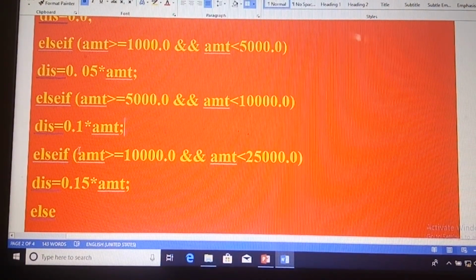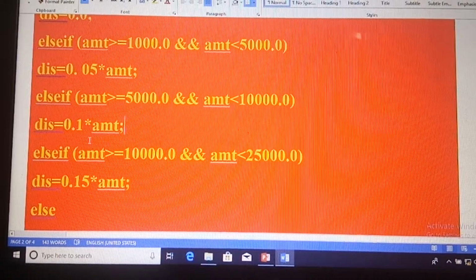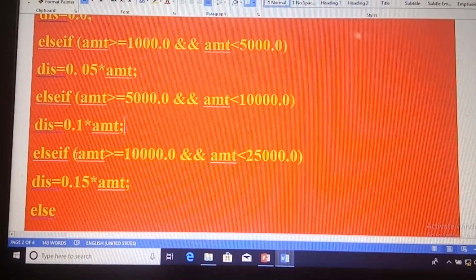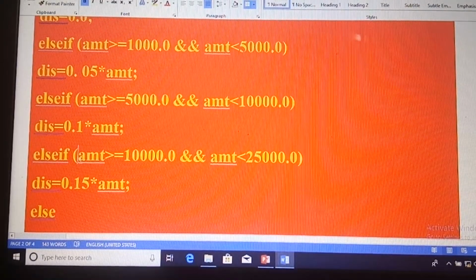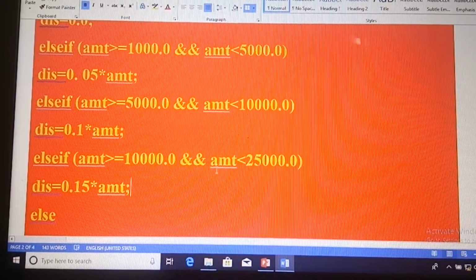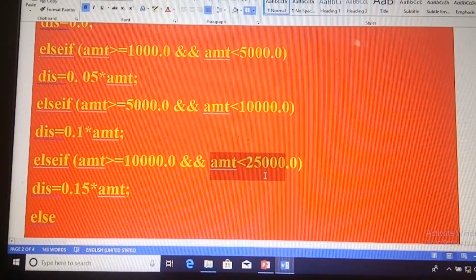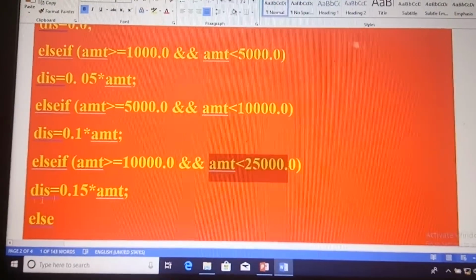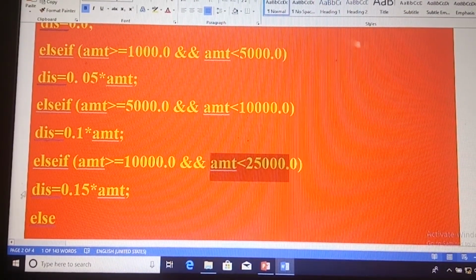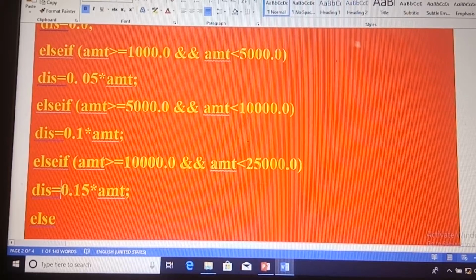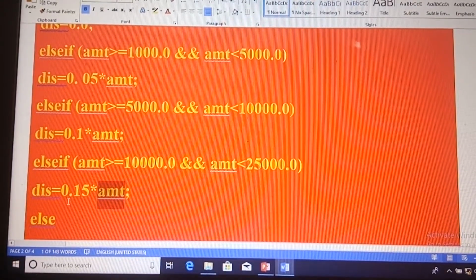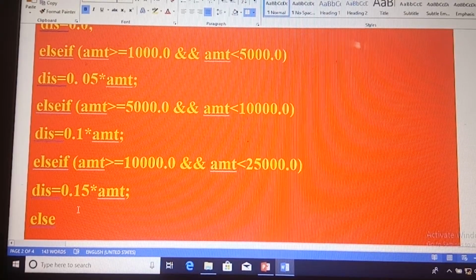Else if the amount of purchase is not included in any of these ranges, we check the next condition, that is, else if AMT is greater than or equal to 10,000 and AMT is less than 25,000, DIS equals 15%. That is represented as DIS equals 0.15 star AMT.